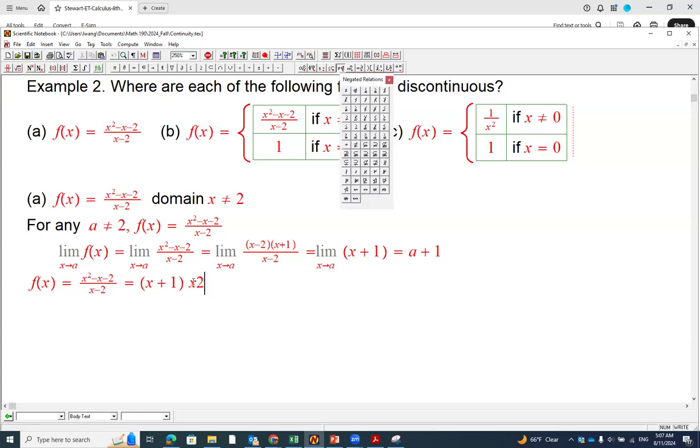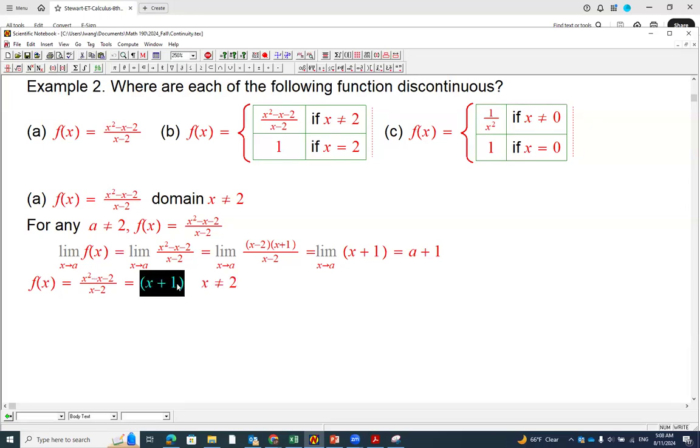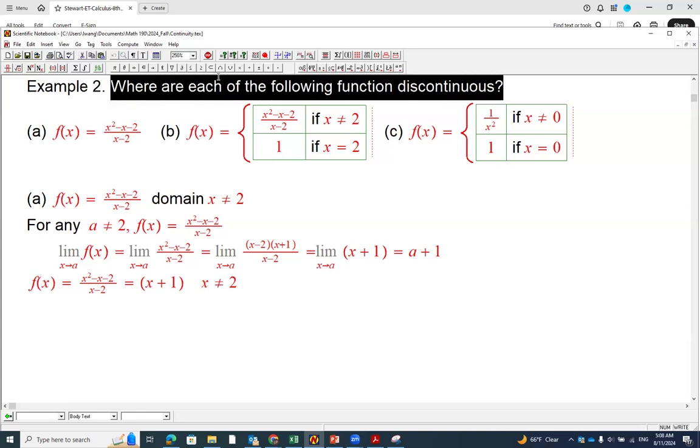We have a theorem that if these functions are the same everywhere, then the limit will be the same everywhere but this point. Since the latter function is continuous everywhere, this function is continuous everywhere except 2. So to answer the question of where the function is not continuous, obviously